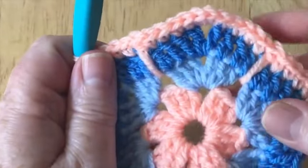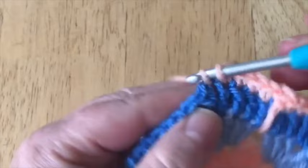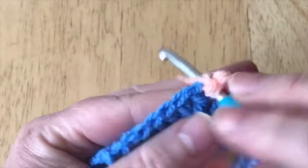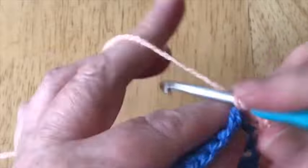So that's what I'm doing in each one. So I'm going to do that all over again. So I'm doing 3 in my corner. I'll stay with you. It's a more difficult round. And pull that aside. There's my first stitch, my number 1,